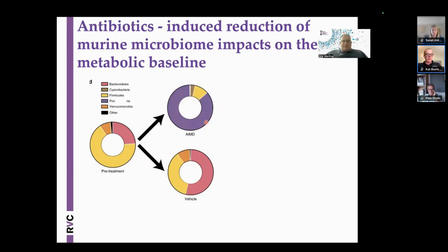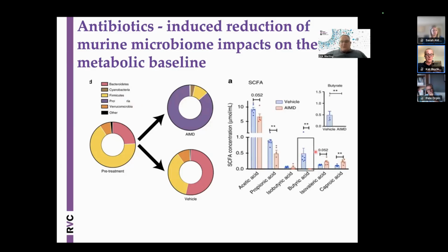But here you can see the shift in the microbiome based on the antibiotic treatment. And this goes hand in hand with a shift from the positive microbiome partners, the Firmicutes, to the negative microbiome partners, Prevotella. And this antibiotic treatment not only affects the microbiome, but it also affects the composition of the short-chain fatty acids produced by this microbiome. And you can see here that specifically butyric acid and butyrate are massively reduced in those animals, in those mice